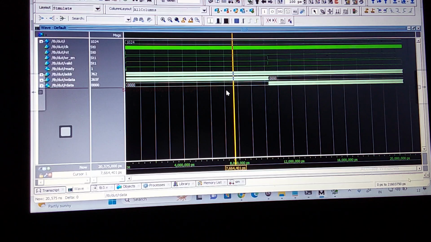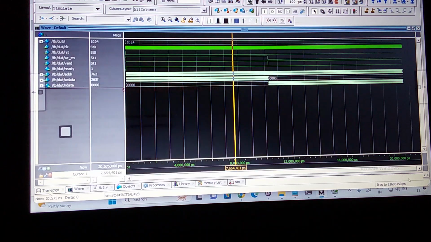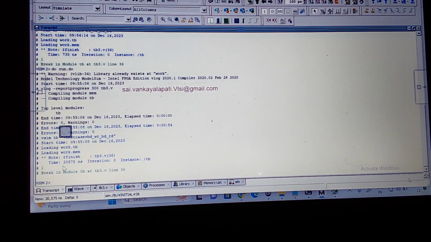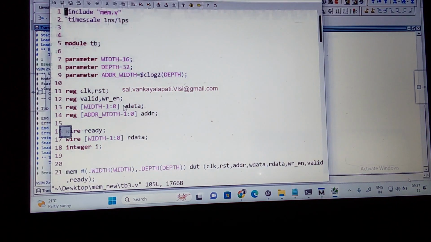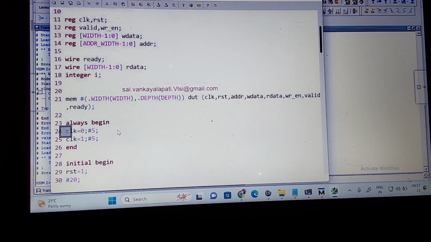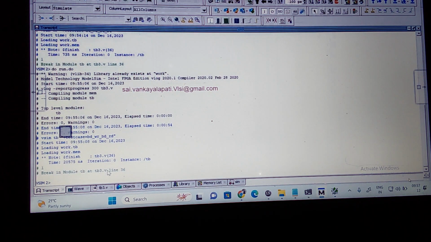Now, if you calculate the time taken to simulate this, what is it? 20575. Let us work out how this 20575 comes about. What is the total number of clock cycles required? 1024. What is the time period we are giving? Let us open the testbench. The time period is 5, so the full period is 10. Then how much does it become? 10,240. Then what is the simulation time? The depth is 1024 and the time period is 10, which becomes 10,240, and then multiplied again for read.